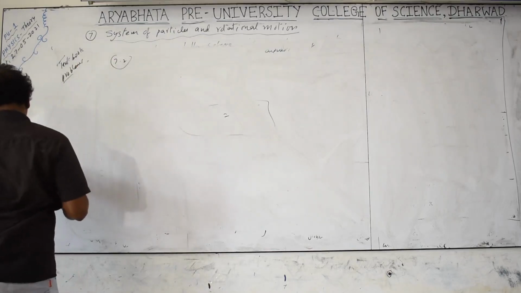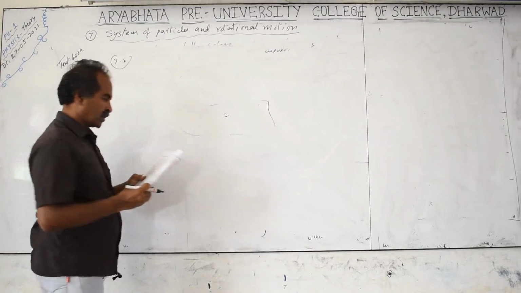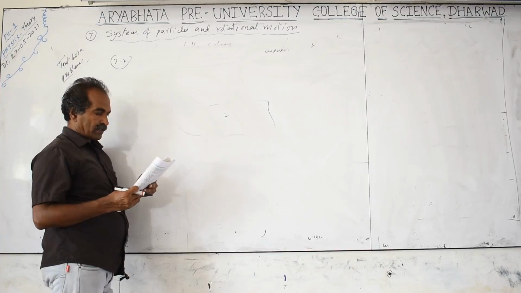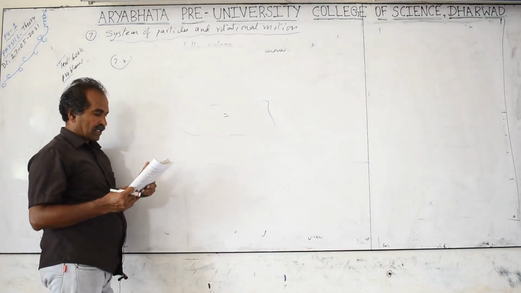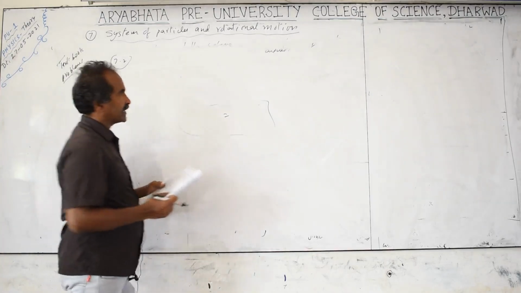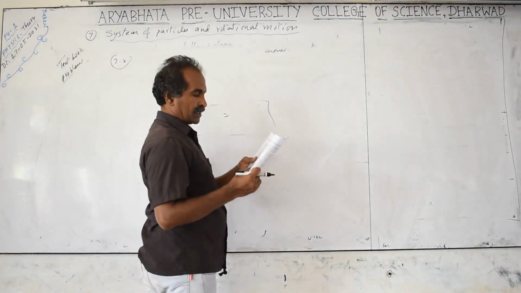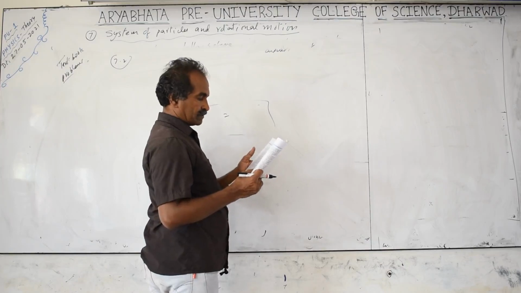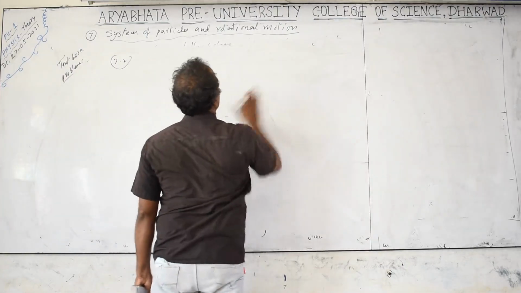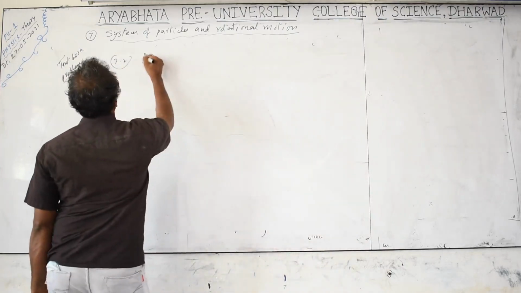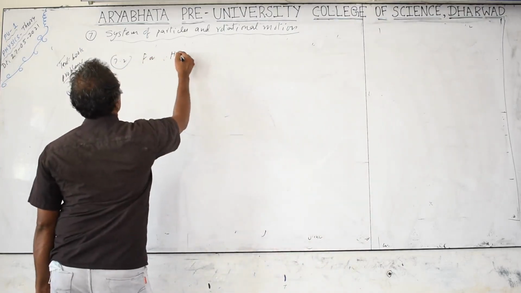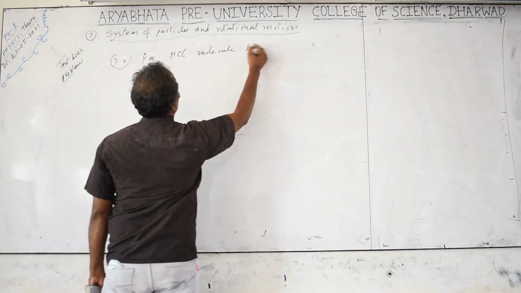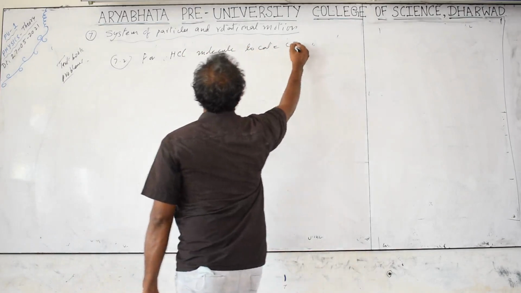7.2. HCl molecule, the separation between the nuclei of two atoms is about 1.27 angstroms. Find the approximate location of the center of mass of the molecule. The mass of the chlorine atom is 35.5 times that of the hydrogen atom, more massive than the hydrogen atom. HCl molecule, locate the center of mass.